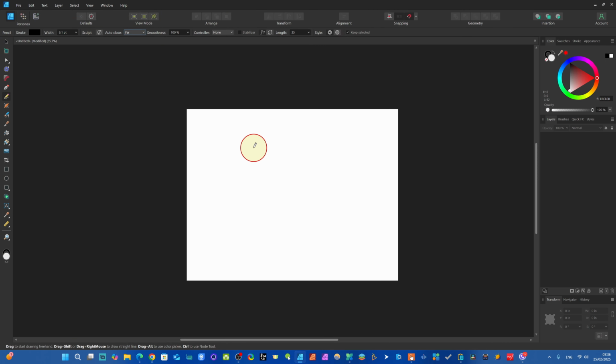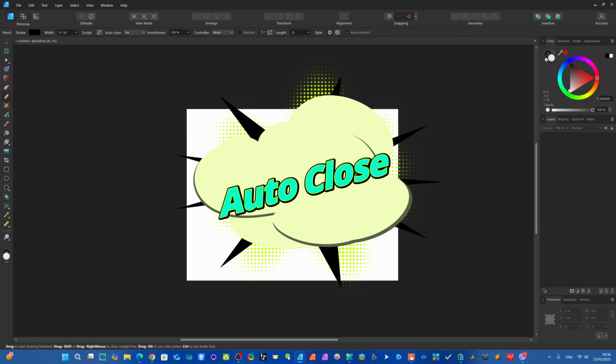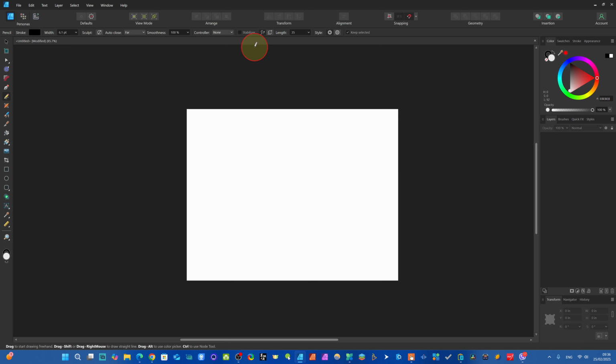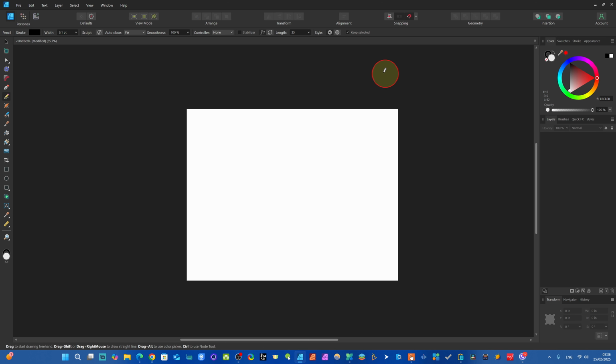And a major update is also regarding the pencil tool. We come to pencil tool, just select and again come to pencil tool here and just click. And now when we draw the line, you see I'm drawing a line here, just close here. And there is a feature for auto close. For this feature you have to come here. You see here auto close, there is an off option. When it is off, it will not automatically close. You have to come here to close it.